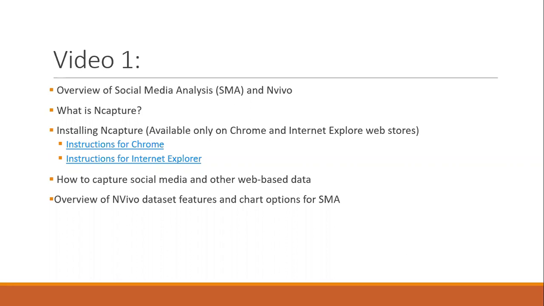So for web pages, online PDFs, and other websites like LinkedIn, the process of downloading data from these other types of websites is very similar to that from Twitter. Once you navigate to the page you're interested in, click on the icon. You can select web pages PDF for web pages such as LinkedIn, entire PDF for online PDFs, and post as data sets for public Facebook pages and groups, and public Twitter post.